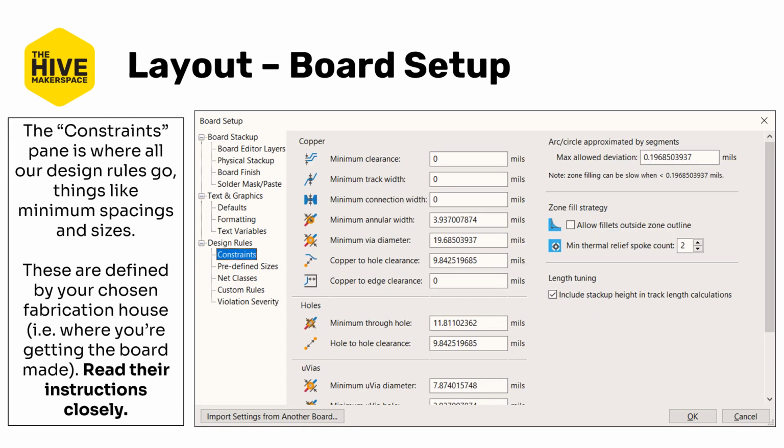The constraints pane is where all of our actual design rules are going to go. And these define exactly how small things like spacings or sizes can be in our board. These are defined by your chosen fabrication house where you're getting your board made, so read their instructions very carefully. Many fab houses have software-specific instructions these days as well, but if you mess this up, this can be a really easy way to make your design unfabricatable and require redoing the layout,